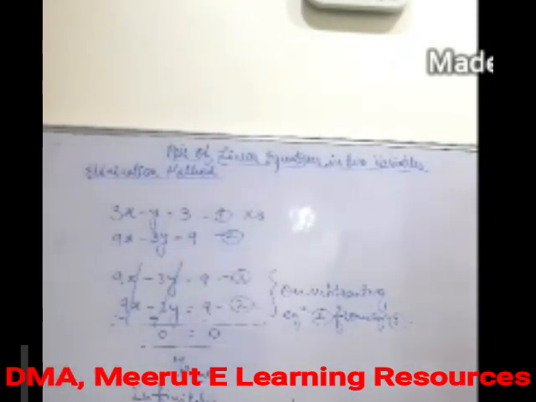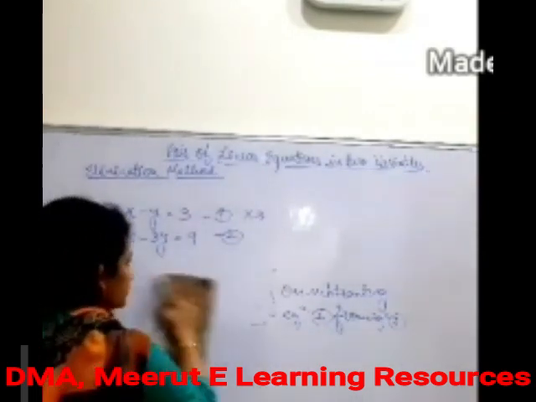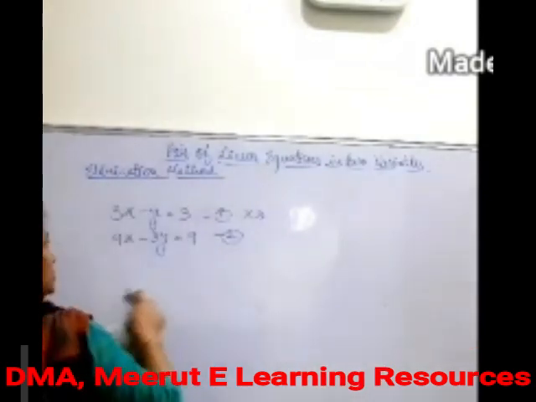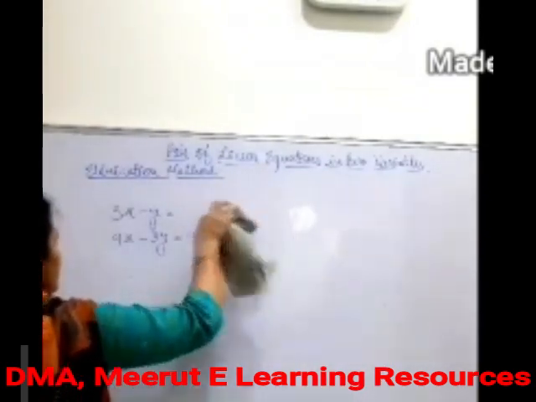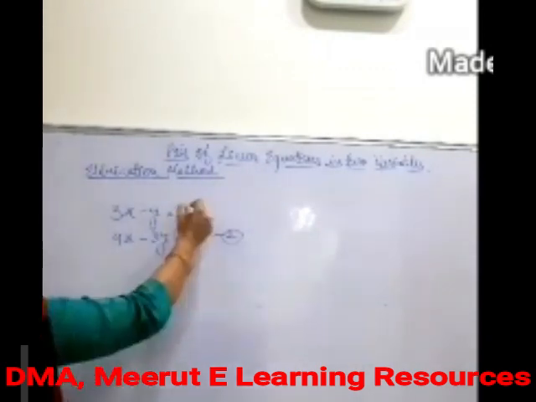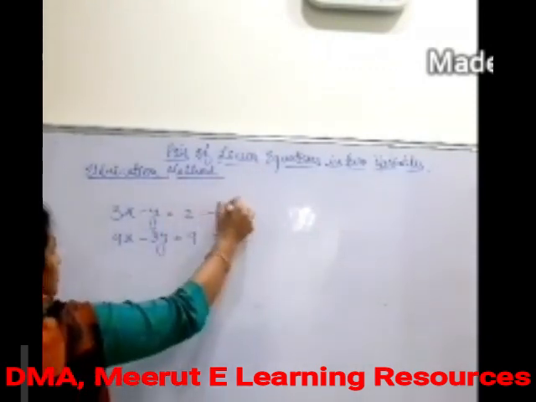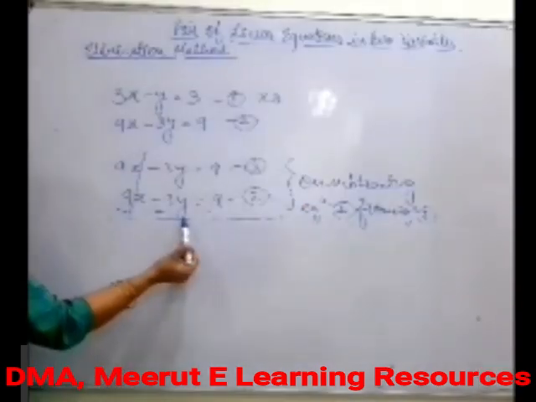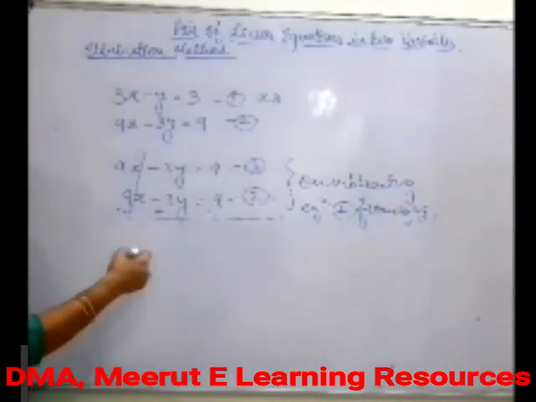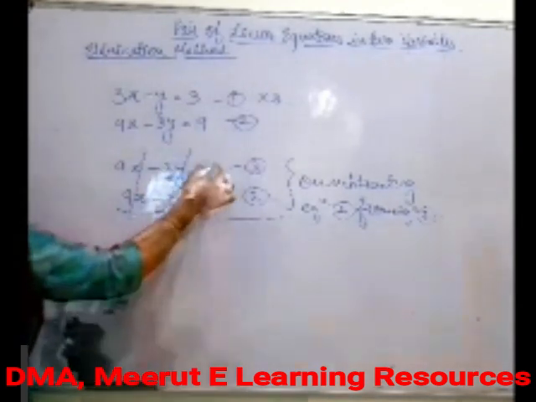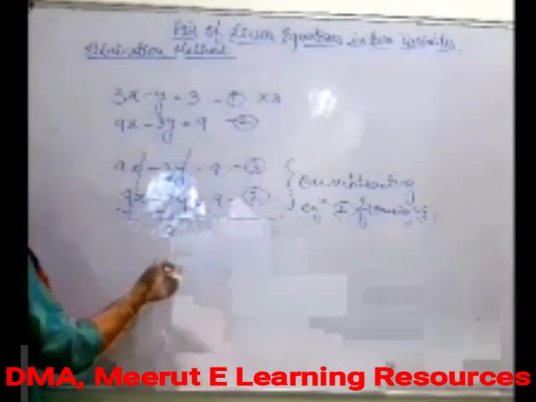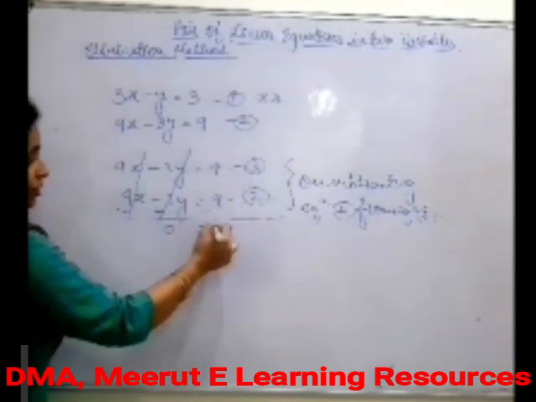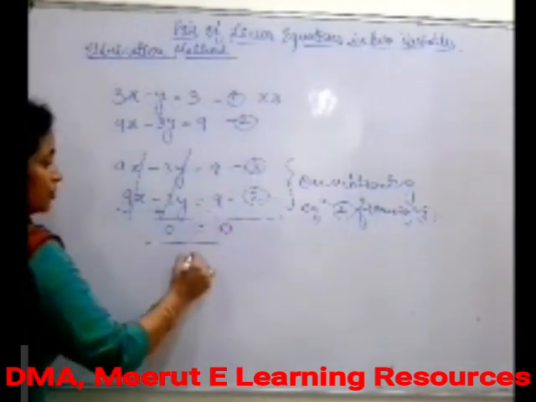Now another case. Suppose I will take these equations with a minor change here. Suppose if I have 2 here, then this will be the first equation. Again the same thing, I have to eliminate variable x, so I will multiply it by 3, and plus 3y. Both are also having opposite sign and equal coefficient, so this is also cancelled, and here also 9 minus 9, it means we got 0 this side, and that is also 0.